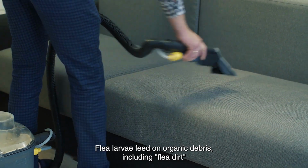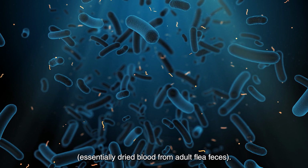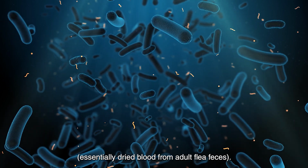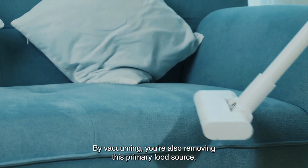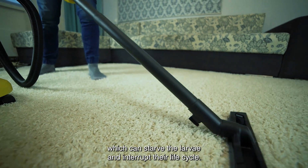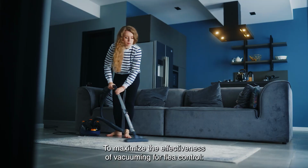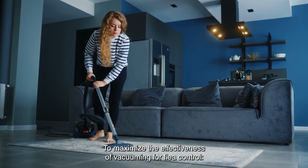Removal of food source: flea larvae feed on organic debris, including flea dirt, essentially dried blood from adult flea feces. By vacuuming, you're also removing this primary food source, which can starve the larvae and interrupt their life cycle. To maximize the effectiveness of vacuuming for flea control: